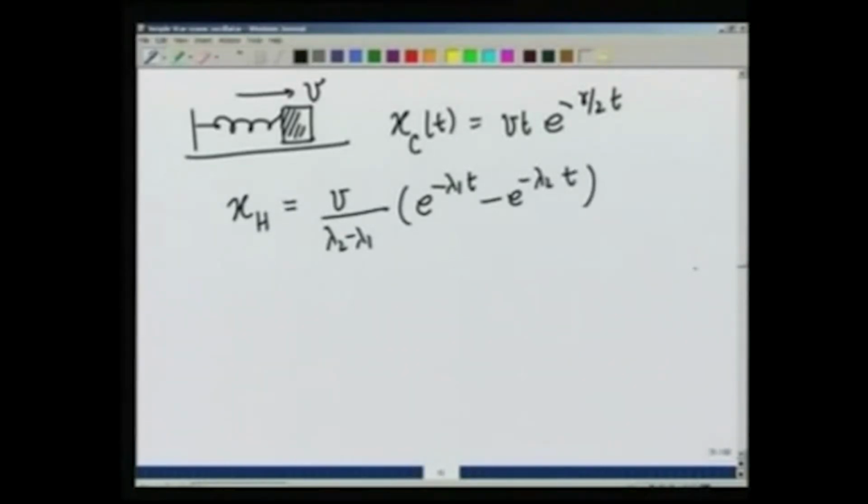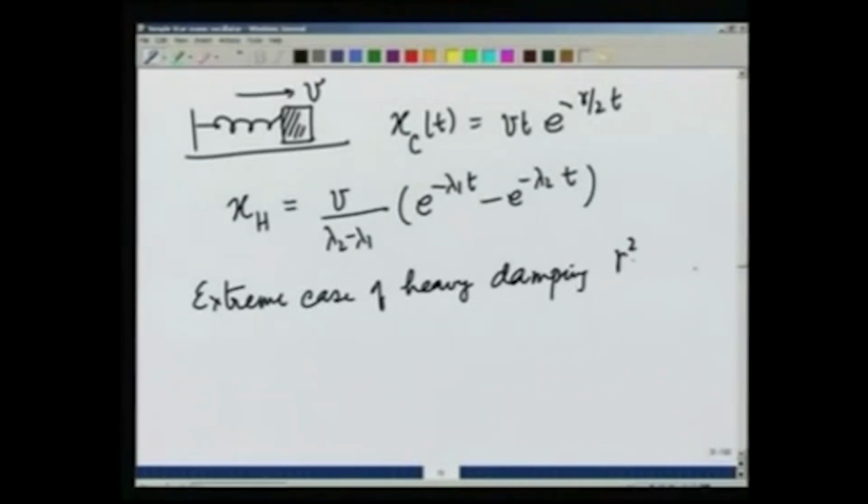To compare, I will take the extreme case of heavy damping, where gamma square is much larger than 4 omega 0 square. So, that lambda 1, which was equal to gamma over 2 minus the square root of gamma square over 4 minus omega 0 square, becomes approximately equal to gamma over 2